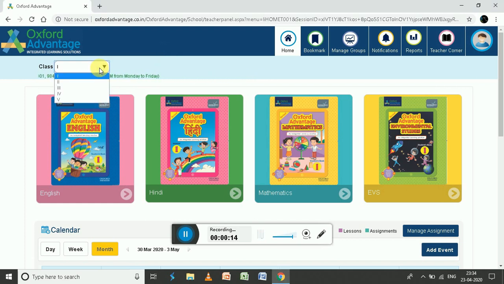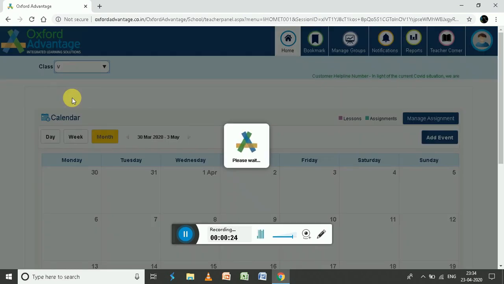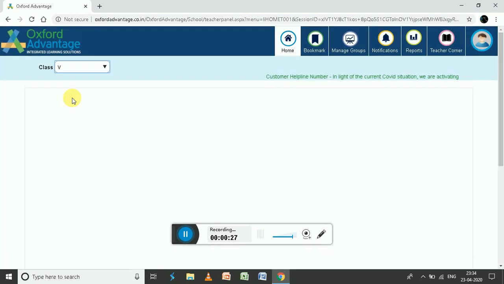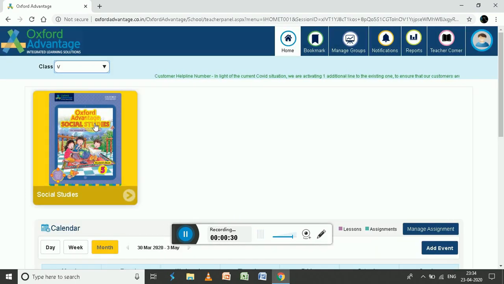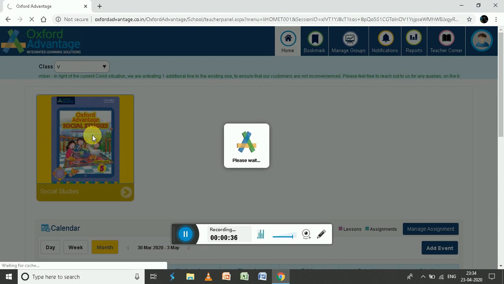Now, once you click on it, a lot of options will come. I take 5th SST, so I'm going to select 5th, and here it is going to go on processing, and there it is. Now, this is the book that is being taught. Now, we need to click on it.